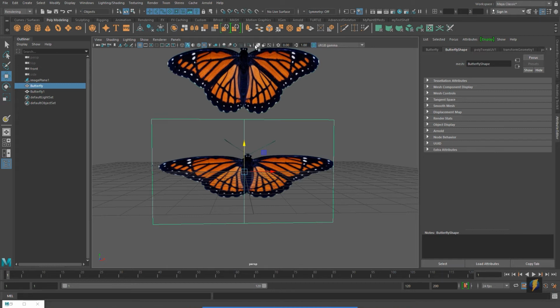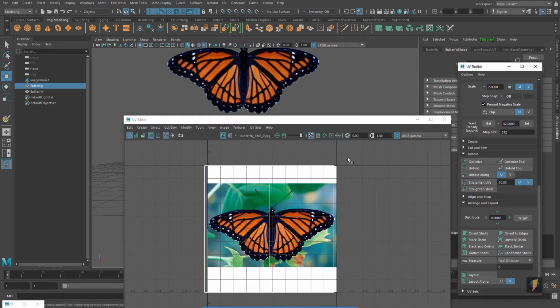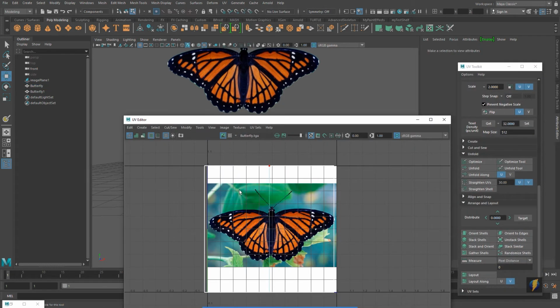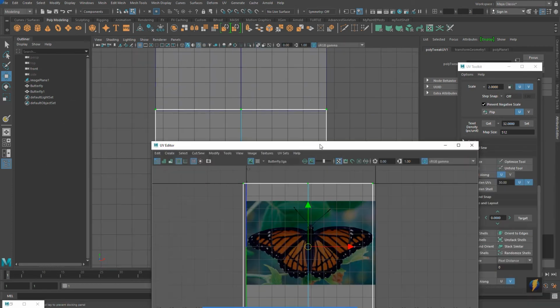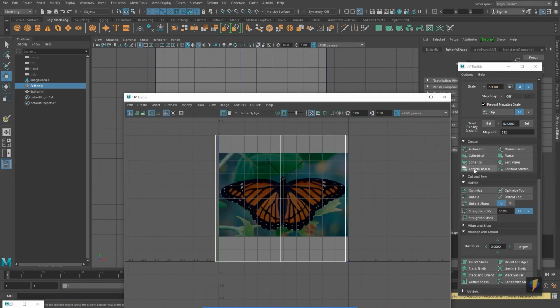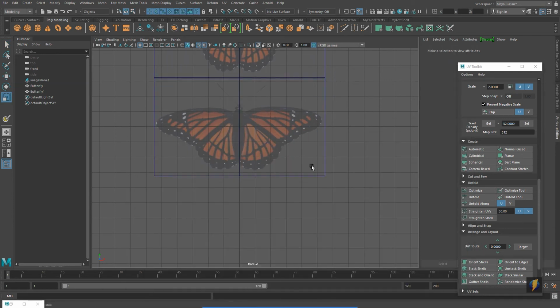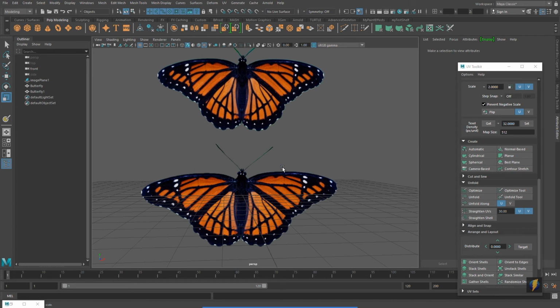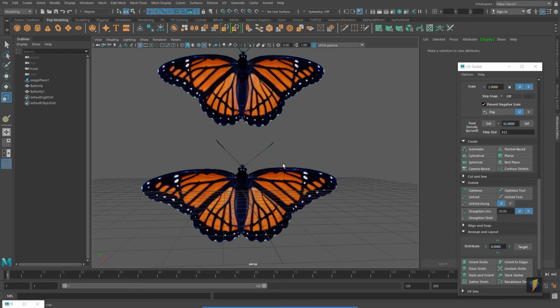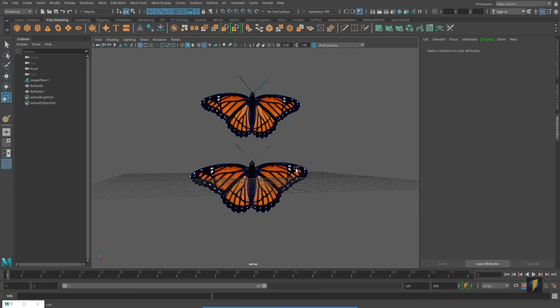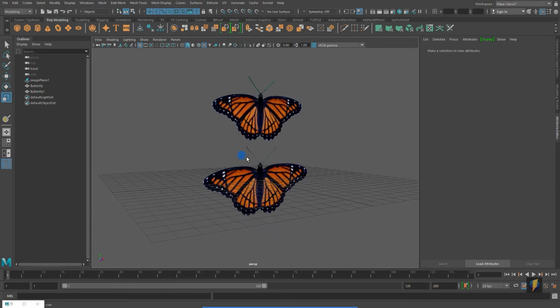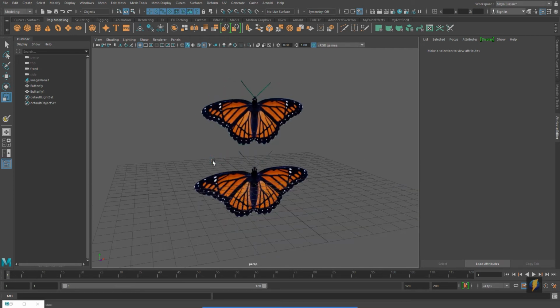We'll just come in here to our UV editor and quickly adjust that. And there it is. So now we have our two butterflies,